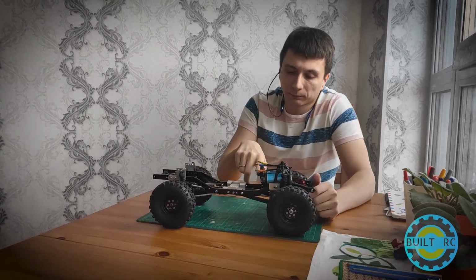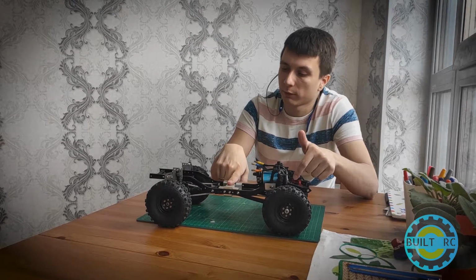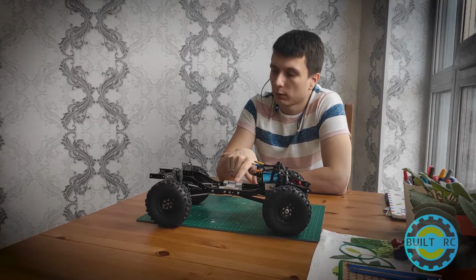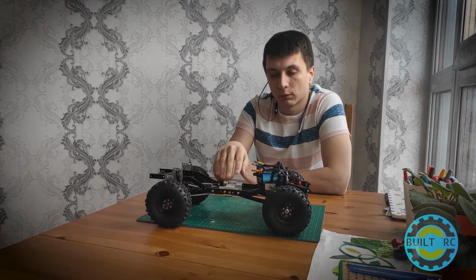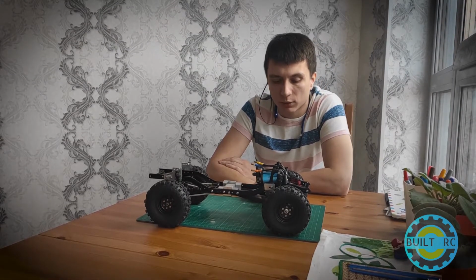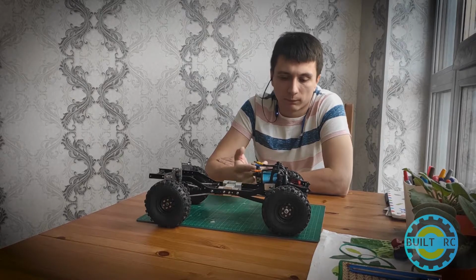As for the layout, I believe the ESC will be mounted here up front before the motor. The battery will be mounted just above the transfer case. To accommodate the battery, I will need to chop the body a little bit underneath. I haven't decided about the body mounts for now, but I believe I will use some kind of screws because magnets will not be enough to hold the body. I'm going to use this rig on our local trail course, and it has a lot of downhills and side hills, so a hard body mounted just on magnets will not hold